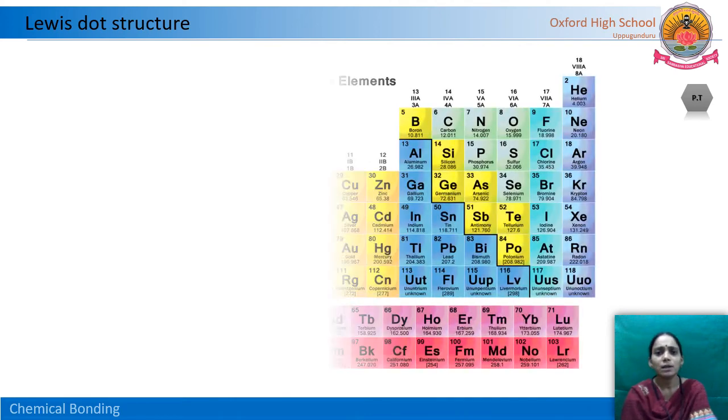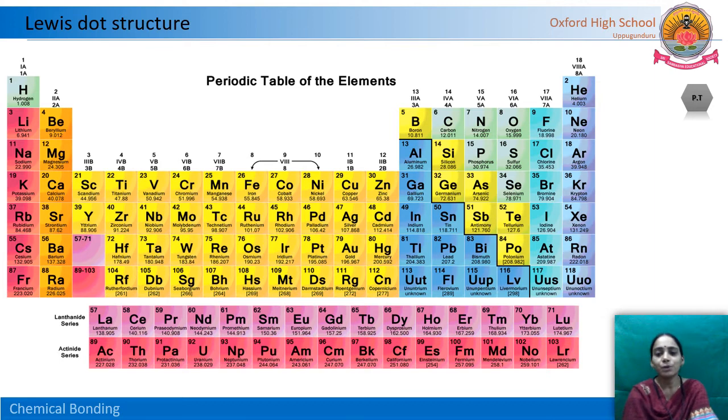Do you remember the periodic table? We know that 118 elements exist in our present periodic table. In the periodic table, so many types of elements are there: alkali metals, alkaline earth metals, and some families like the boron family, carbon family, nitrogen family, oxygen family, and halogens. And at the end of the complete right side of the periodic table, it consists of the inert gases or noble gases. See here: helium, neon, argon, krypton, xenon, radon. These are called inert gases, or zero group elements.